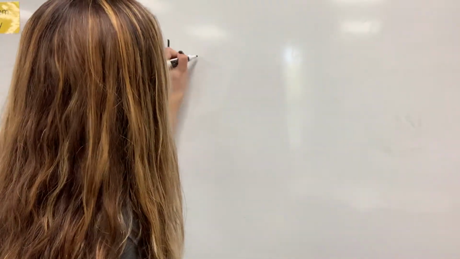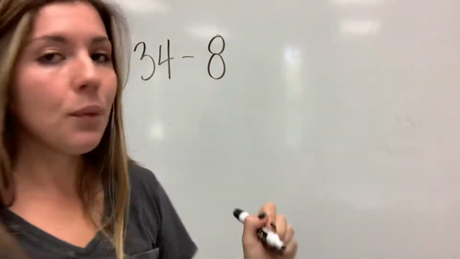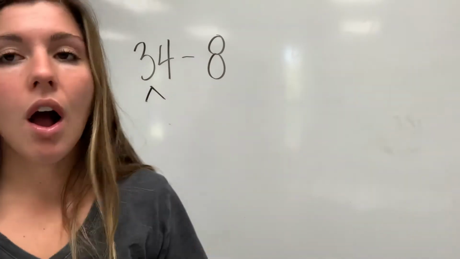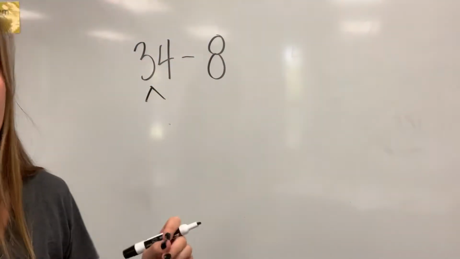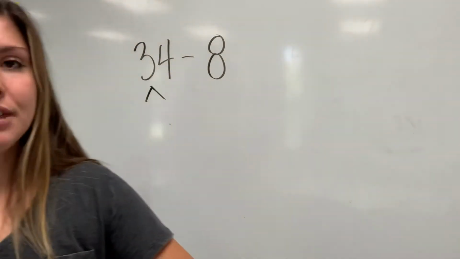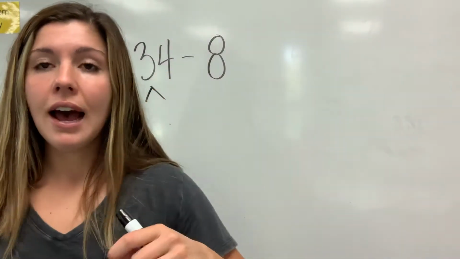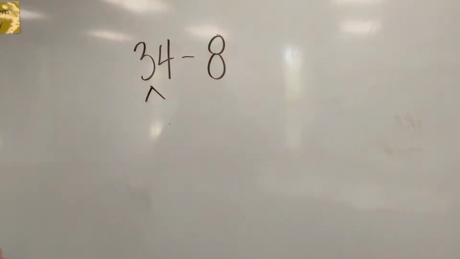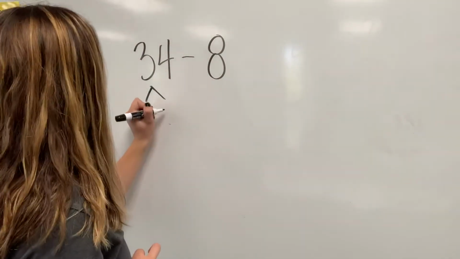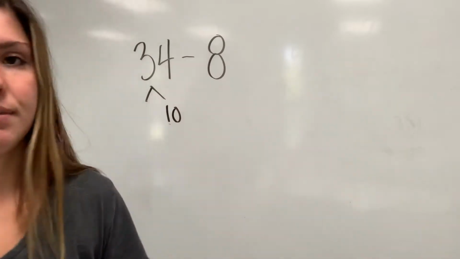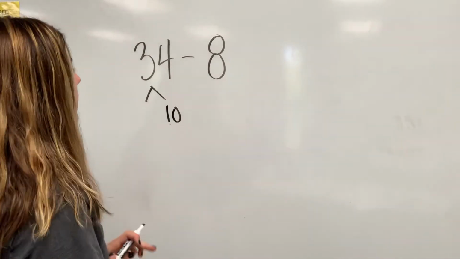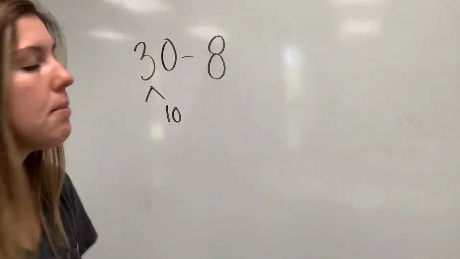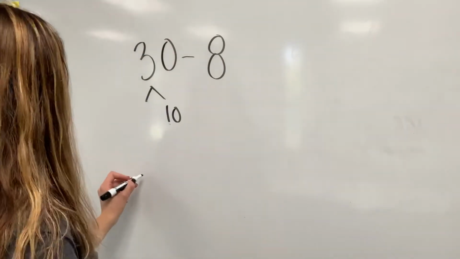So let's pretend we have problem number 34 minus 8. Remember here, we're always going to break up our first number every single time. And every single time for these kinds of problems, you are always taking out a 10. So what that means, let's actually turn it to a 30, not 34. So what that means is if you had 30,